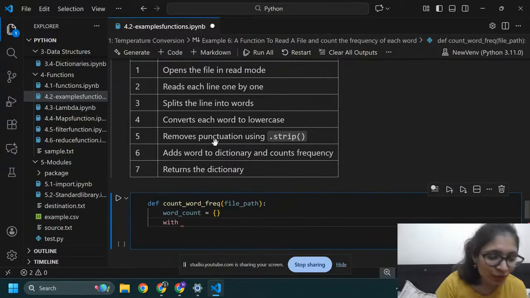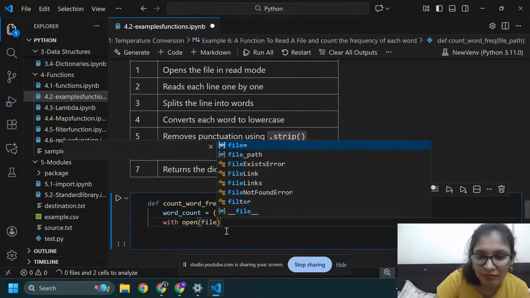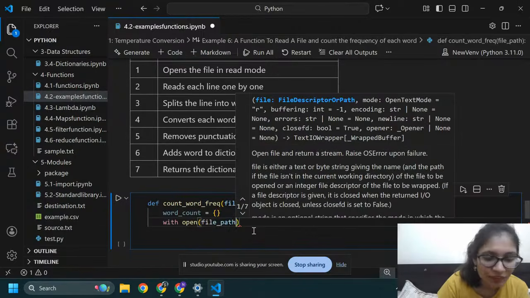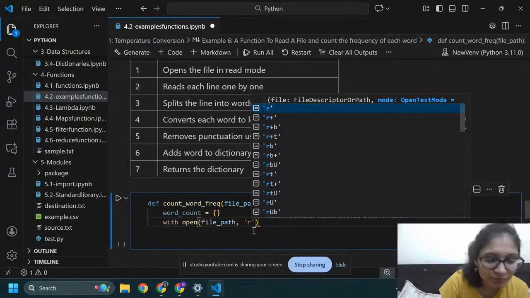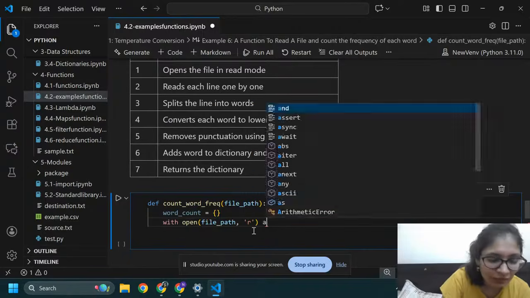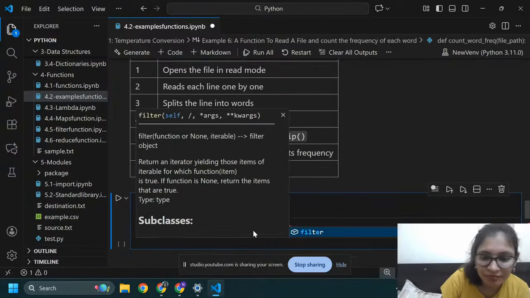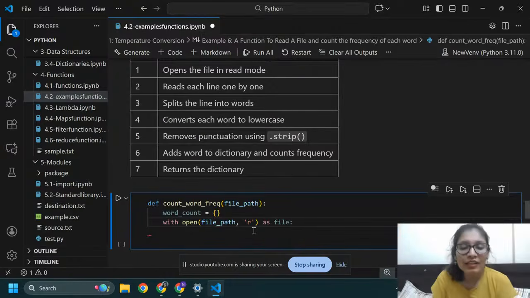Okay, so here I am going to use with open file_path, this is read mode, as file. So here I am going to open the file in read mode by using with.